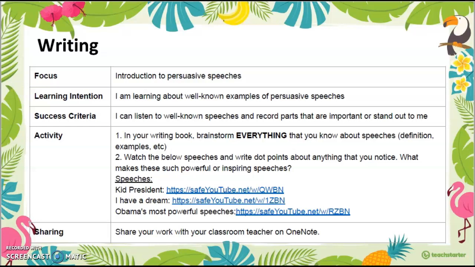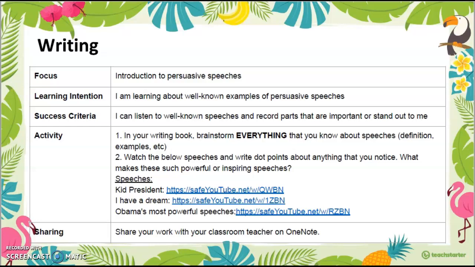Something else I want you to think about is what makes this speech so powerful or inspiring. How you are going to lay that out in your book is you'll write down Kid President as your heading, and then underneath, as you're watching it, just make some notes. Write down some dot points of things that you notice about this speech,